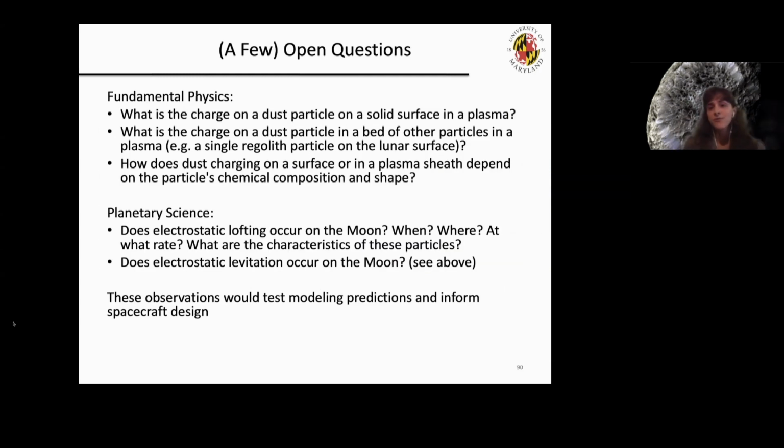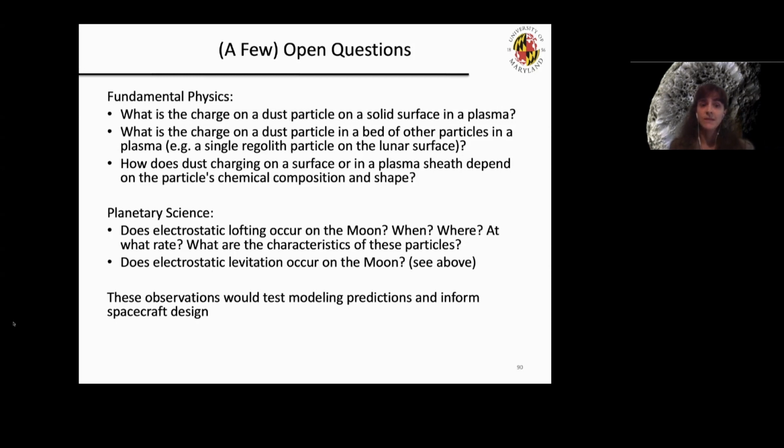So here are a few open questions related to fundamental physics and planetary science of this dust-plasma interaction. The first two are really concerned with the charge on dust particles. What is the charge on a dust particle on a solid surface in a plasma? What is the charge on a dust particle in a bed of other particles in the plasma? This is testing that theory that we have about how electrons are transferred between neighboring grains on the surface of